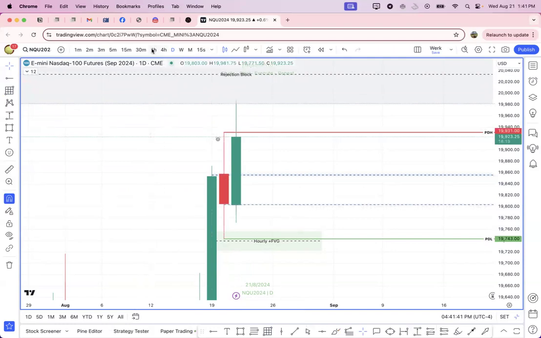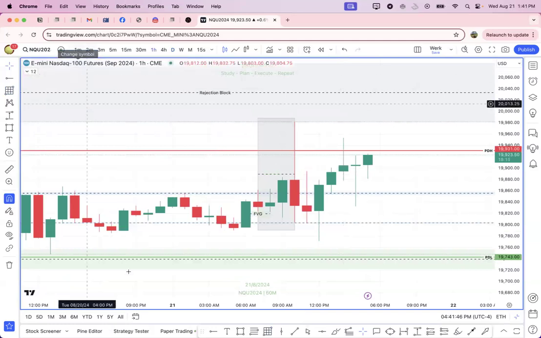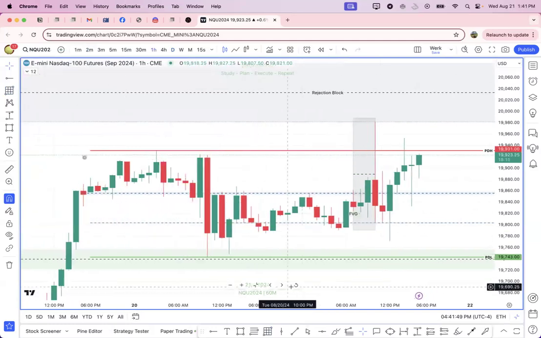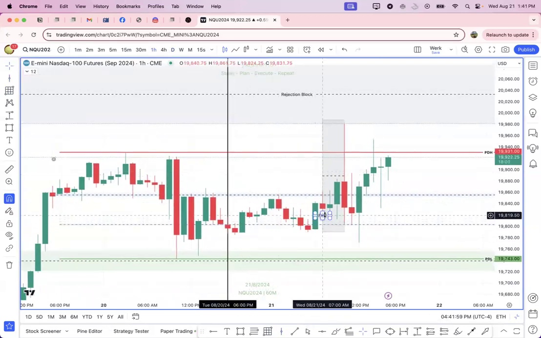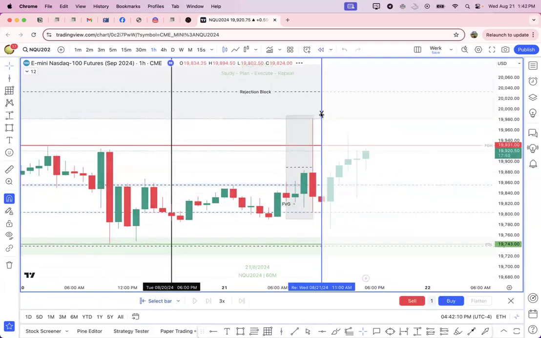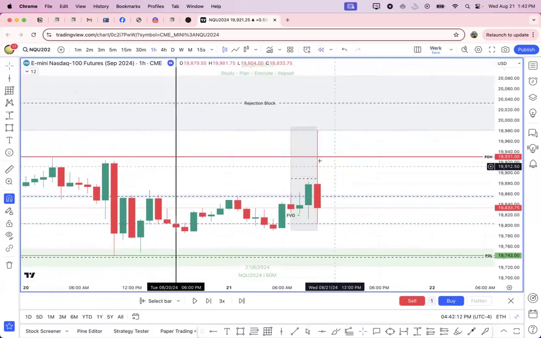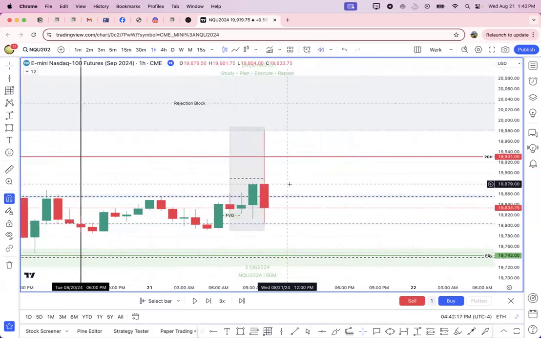When I get in here in my window, which is this gray box right here, I would be looking for my setup. And I cannot tell a lie, looking at this price action overnight, the new day starts right there. Coming in here, I'd have been like, oh my God, we've been consolidating all night. What are we gonna do? So let me run this back to right here, just so I don't get distracted by all of that stuff. So this is my trading window, 7 a.m. to 10 Eastern time.